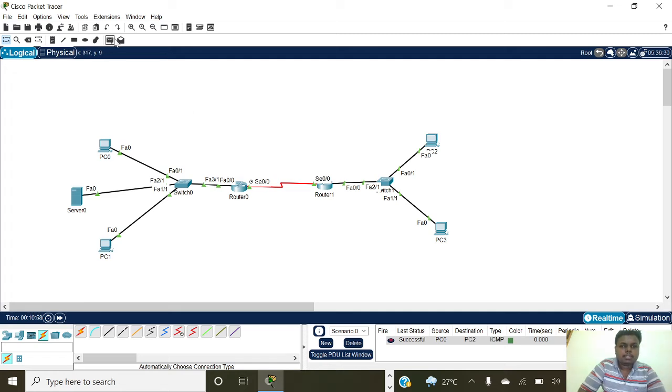Now we run this one, PC3 to PC1. It's failed. Now we again run this one, PC1 to PC3. It's successful. So now we go for the switch,